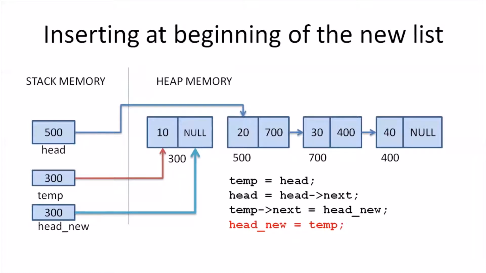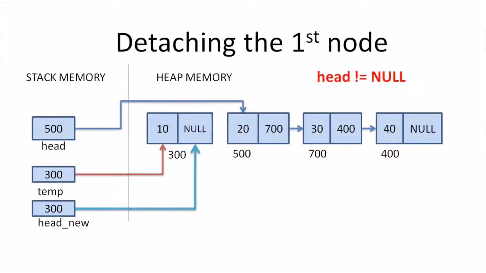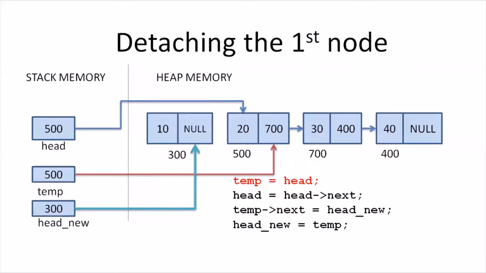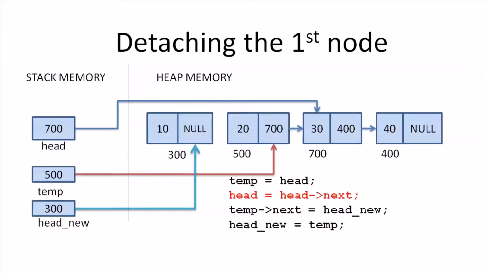Next, we move on to the next step where we again check and find head is not equal to null. This means we are iterating the loop for the second time. Head is not null because it is holding the address of the second node, which in this case is 500. So if head is not equal to null, we move on with the next step, that is temp equals head. This means that temp will now point to the memory location 500, which was the second node of the original linked list. Once this gets executed, we move on to the next step, that is head equals head next. Head equals head next gets executed. The address of the third node, that is 700, now gets stored in the variable head.